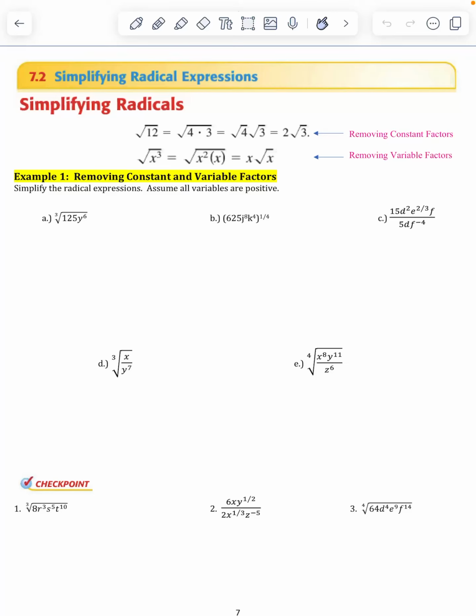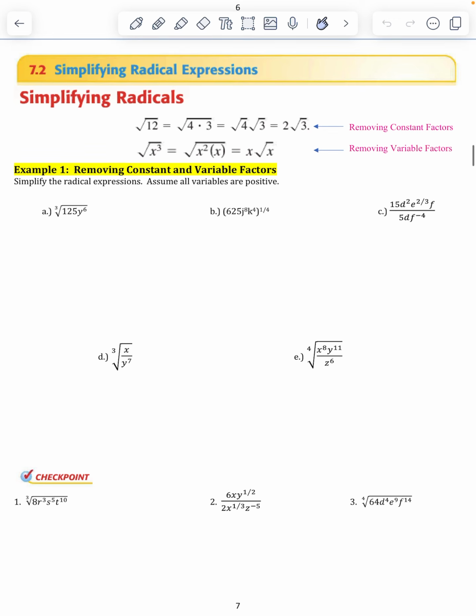Okay, this is section 7.2. So in 7.2, we're simplifying radical expressions. And something that we have to just realize back from Algebra 1 is simplifying them in general, like up here, the square root of 12. So if we have the square root of 12,